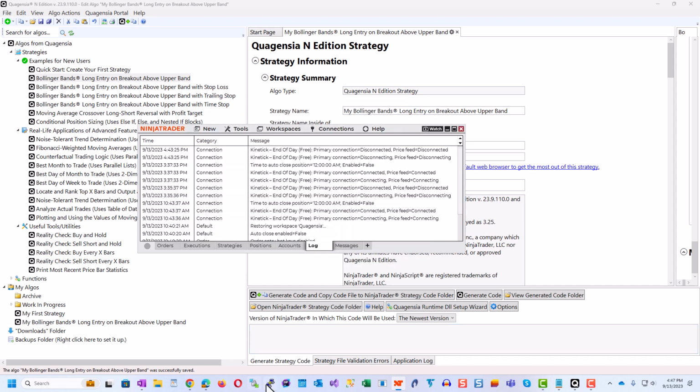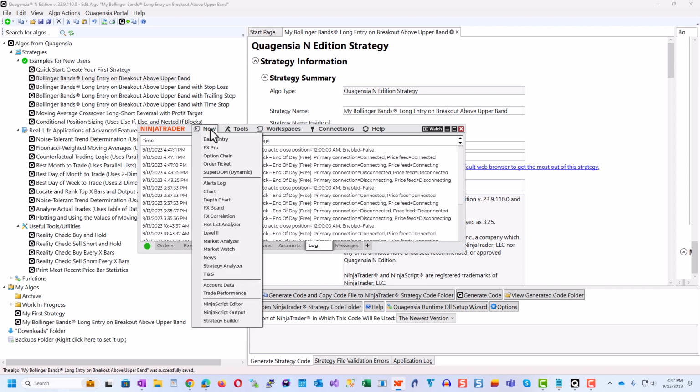And when you do that and you click Connections, you will see the Kinetic end-of-day free market data connection. Done. So we connected to the market data.